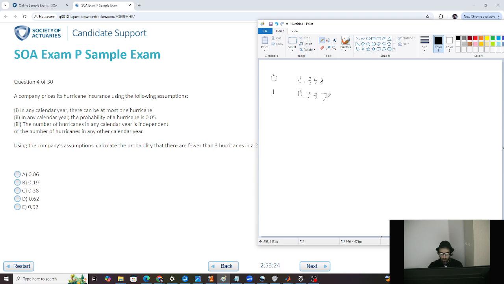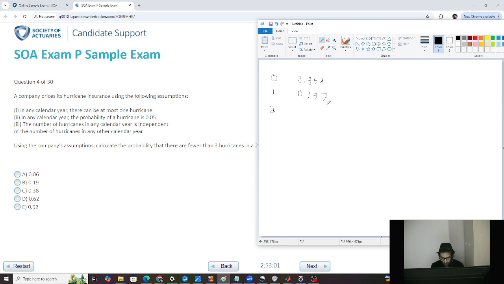0.377. It said fewer than 3, so that means only 0, 1, or 2. Often they won't make you do more than 3 of these. And so it's looking like it's going to be choice E just based on what we already have. But, yeah,